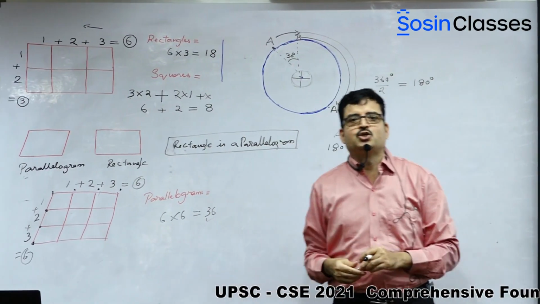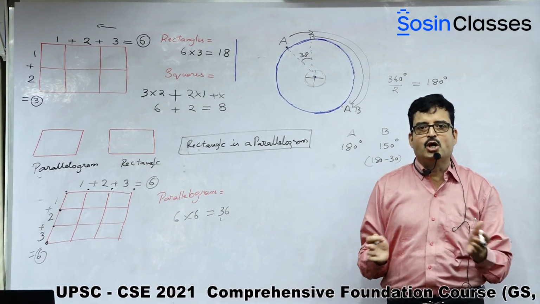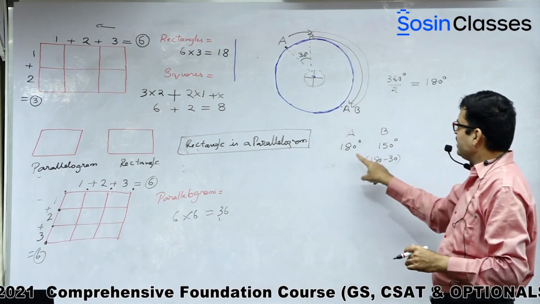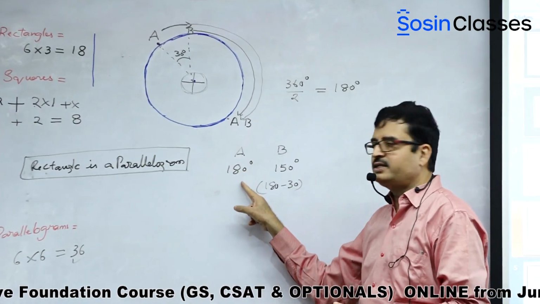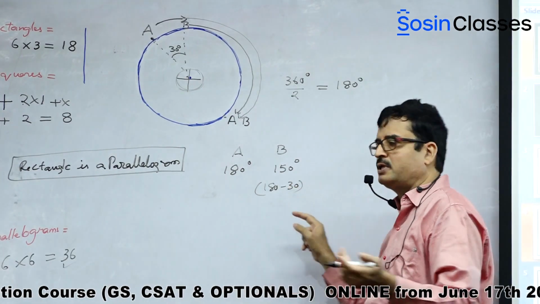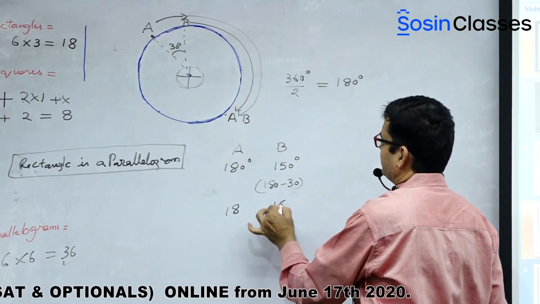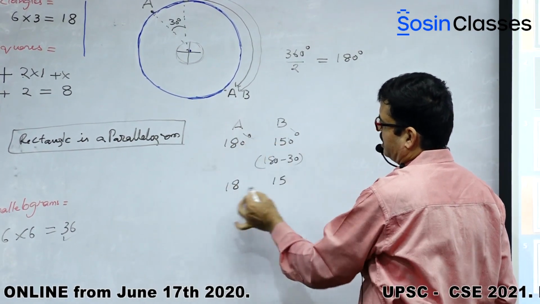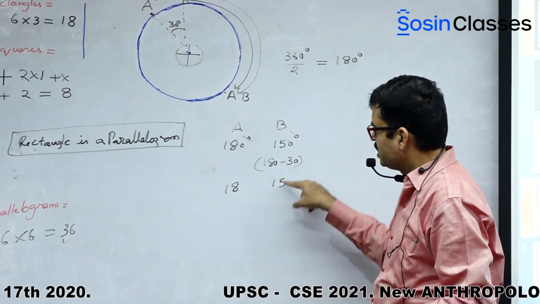So when I say ratio, ratio is the comparison or relation of two quantities of same kind in simple form. That is to say, we have to find out the relation between these two quantities in simpler form. See, this is 180, this is 150. Let us make it simple. So let us understand like this, 18, 15. Okay, let us remove degrees. Let us remove 0, 18, 15. I want to make the relation between these two terms more simple.